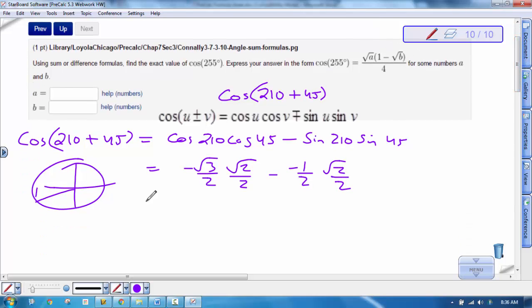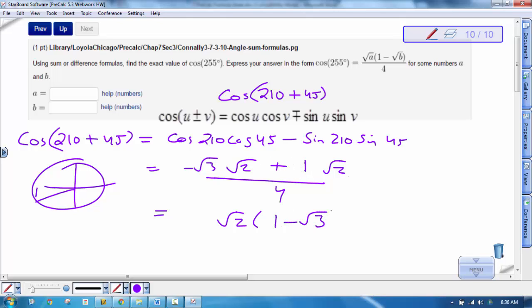So they just want me to simplify this to look like this, which I can do. Negative square root of 3, well, I'm going to first of all make this whole thing over 4 because I have a common denominator. So to simplify this, double negatives go positive. Now I'm going to pull out a square root of 2, which leaves me with a square root of 3. I'll flip this as 1 minus the square root of 3, all over 4, and that's what they wanted right there. So it's a little difficult to simplify this, but I can help you with it. A in this case would be 2, would be this